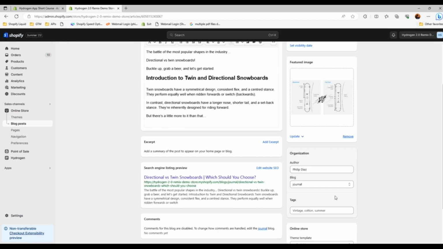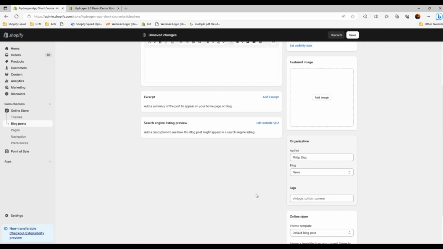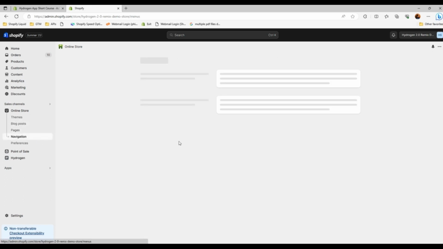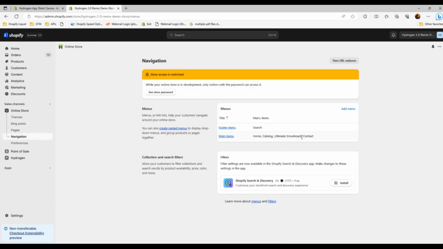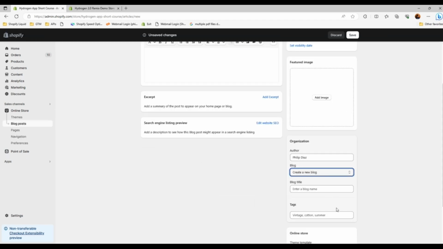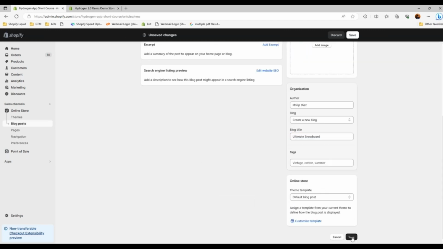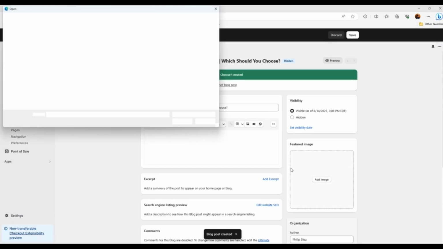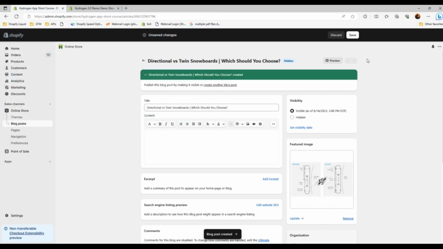So here, if you are just going to use the existing category, fine. If you prefer another one, say I want to create my own category like here. What I've done is I added to the navigation an Ultimate Snowboard category. So this is my category, and I'm going to save that. I have to add images to this. Let's give it a sample, save,